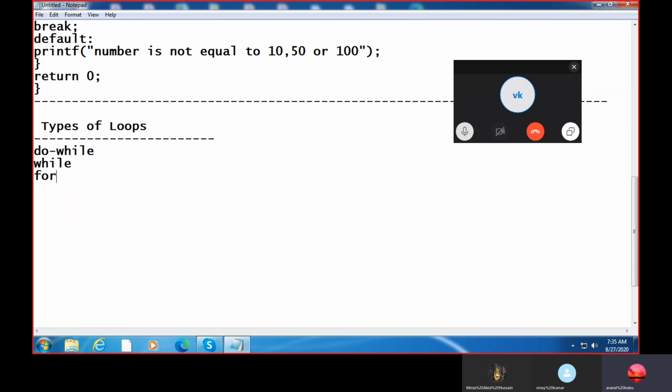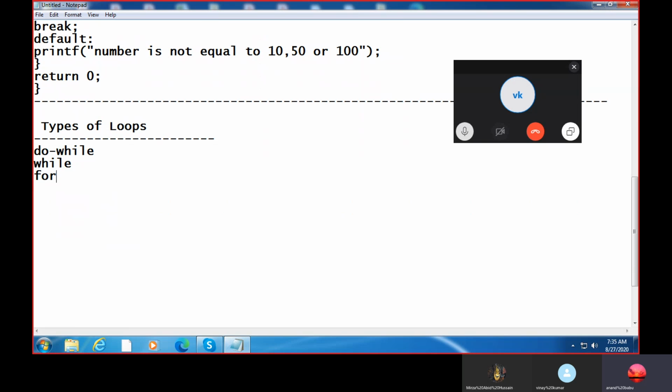So why we use loops? Looping can be defined as repeating the same process multiple times until a specific condition is satisfied. There are three types of loops used in the C language. In this part of the tutorial, we are going to learn the C loops and why we use loops in C language.